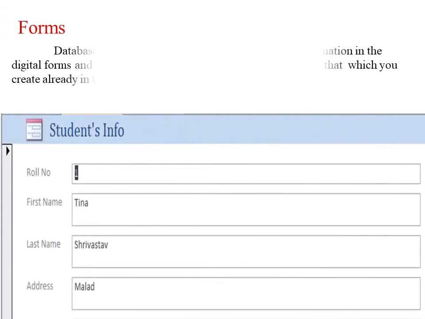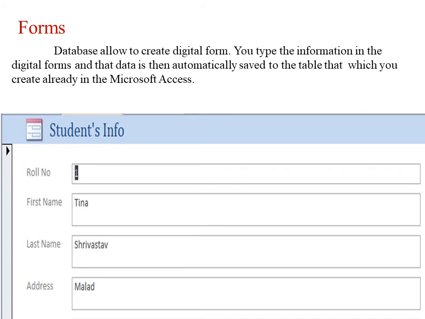Forms. The second element is forms. We can use forms to enter the data in the computer digitally. Instead of entering data on paper forms, we use digital forms to enter the information. This data is automatically saved to the table which is already created by you in MS Access.